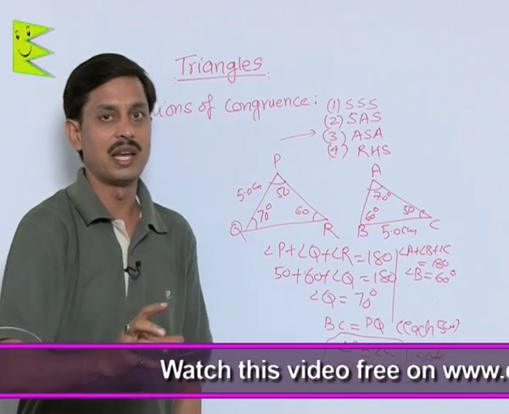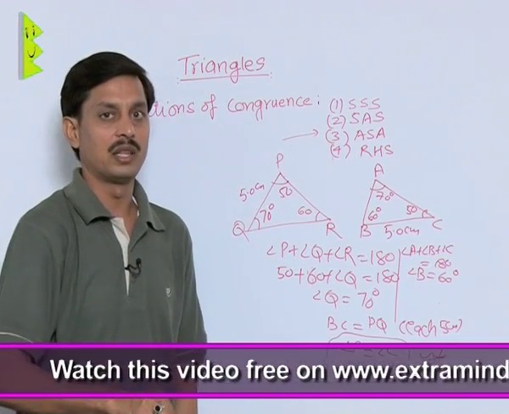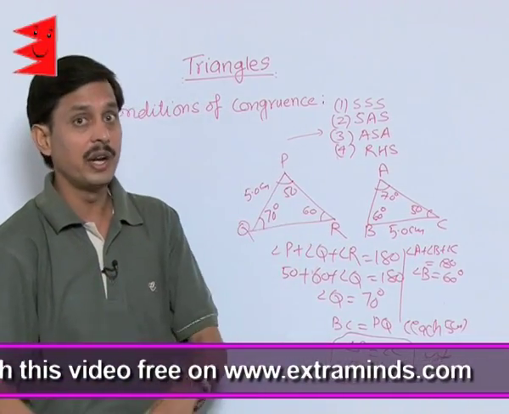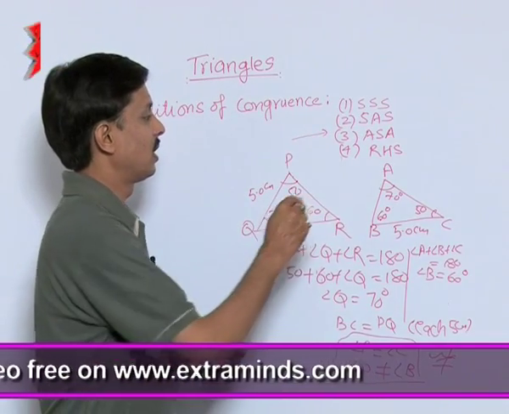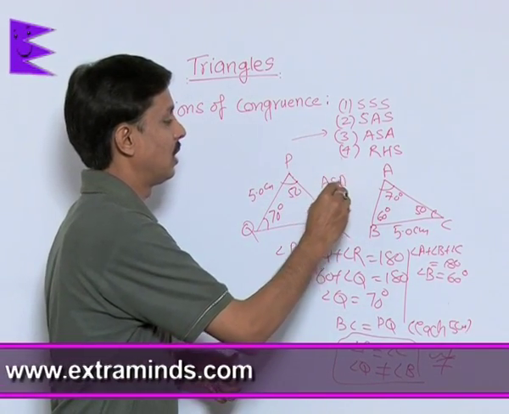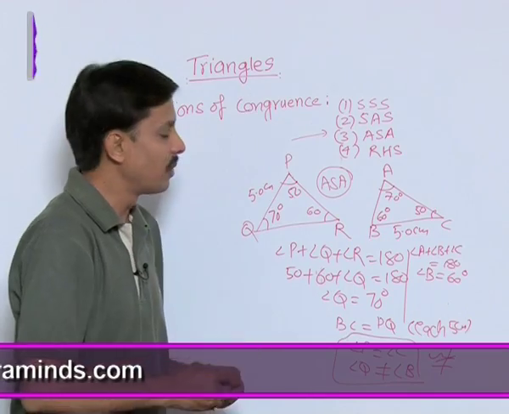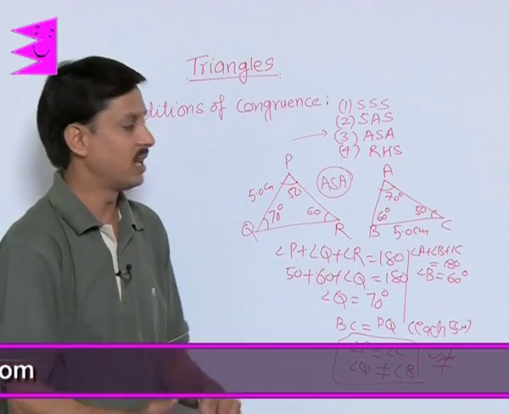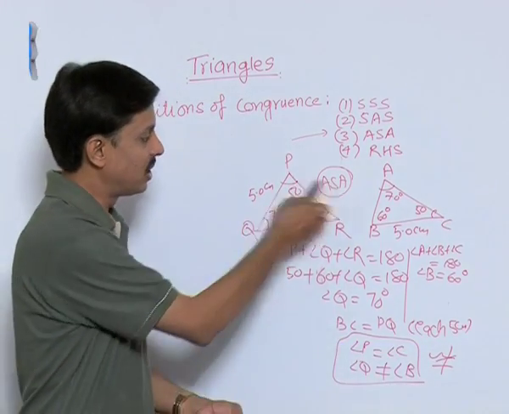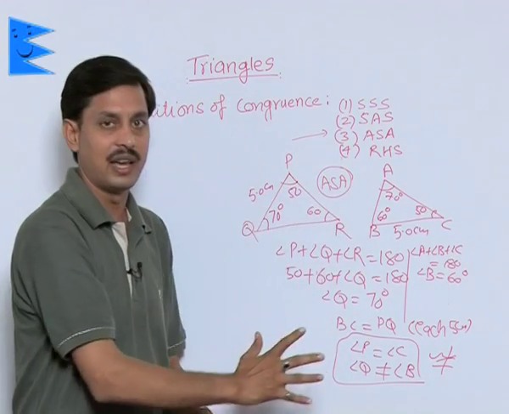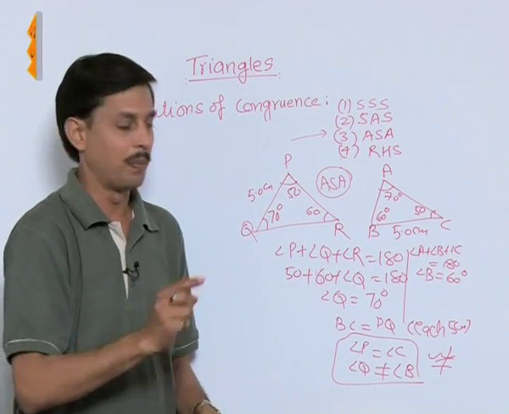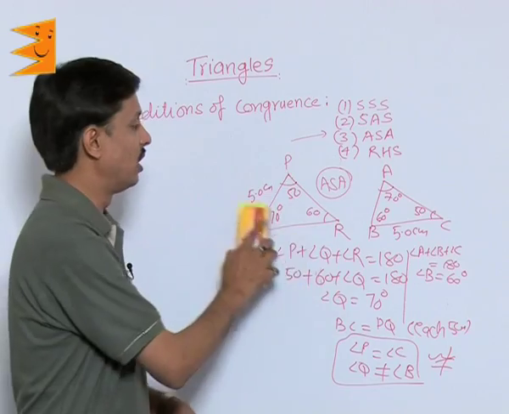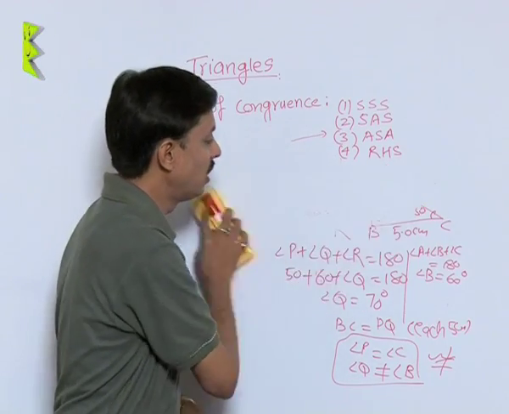If two angles are given, then you will calculate the third angle, and after that you will try to apply the condition ASA. That's why in some cases the AAS condition becomes true, as here this condition doesn't exist. Now I am giving you an example where you will find the condition seems to hold true.